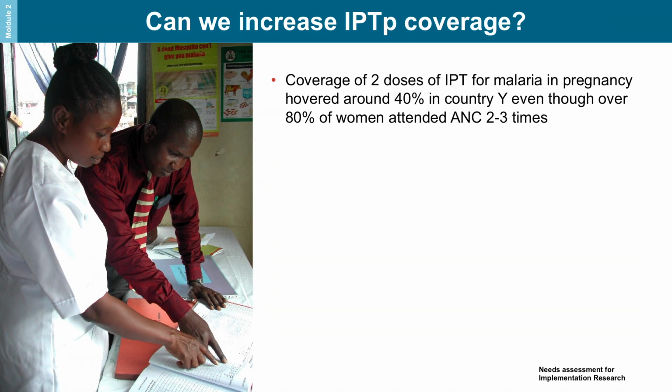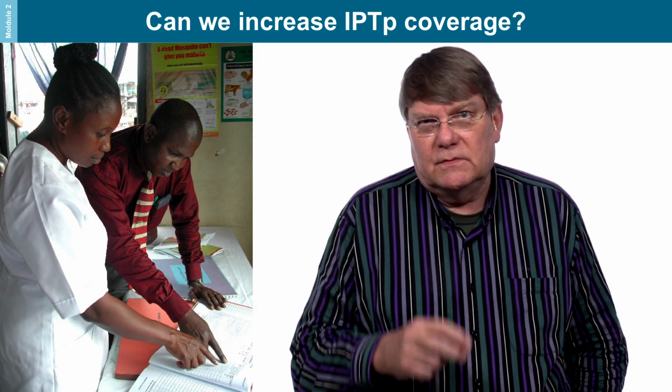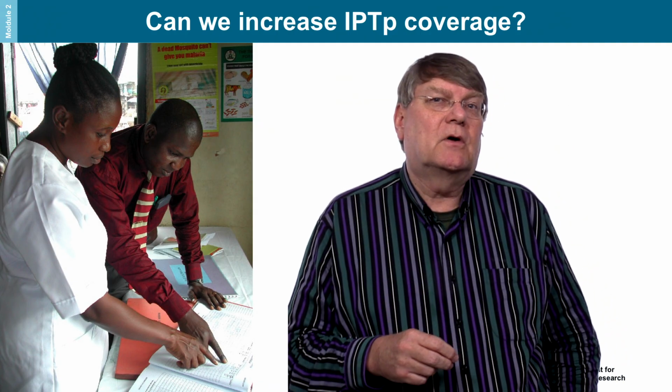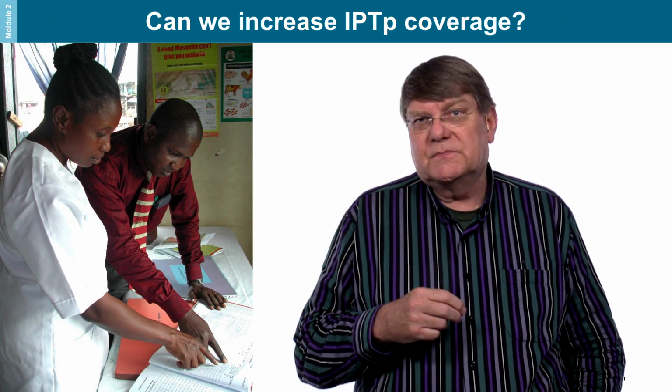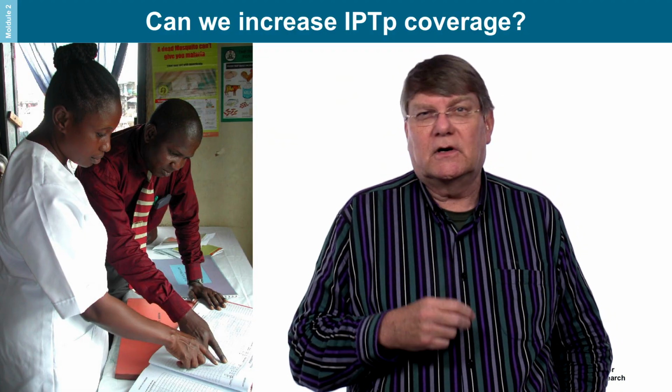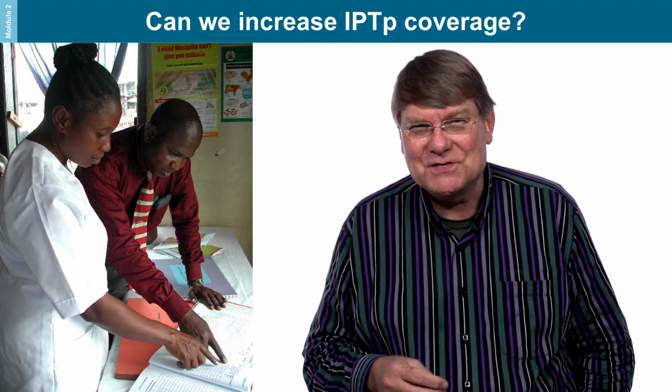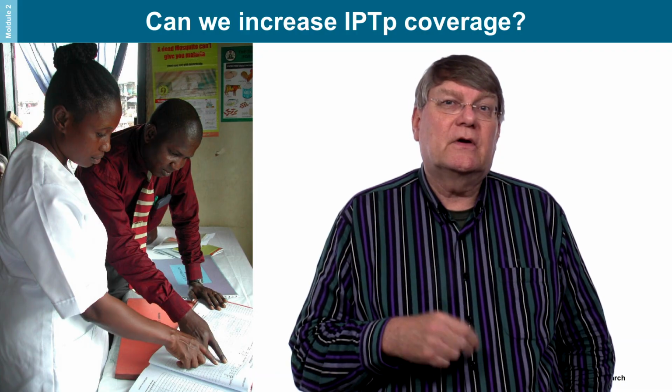But what we've seen is that in the process of increasing to 3 doses or more, we are not getting better coverage. There's a drop off, which is normal in many ways. But again, we need to use our needs assessment to find out, is this drop off because of problems of stockout? So we would look at our logistic management information system data to see if we are getting stocks to